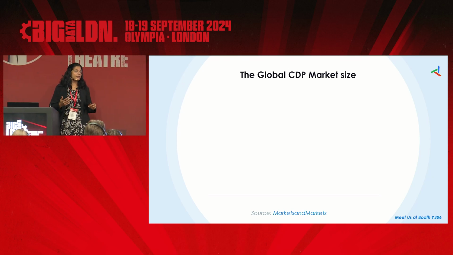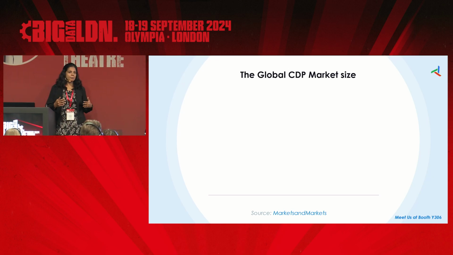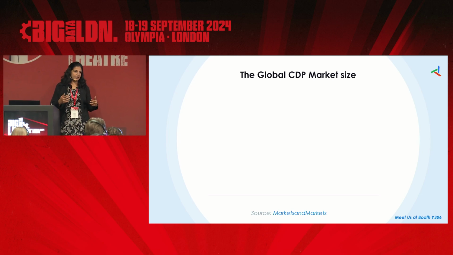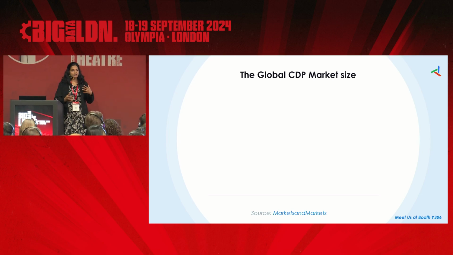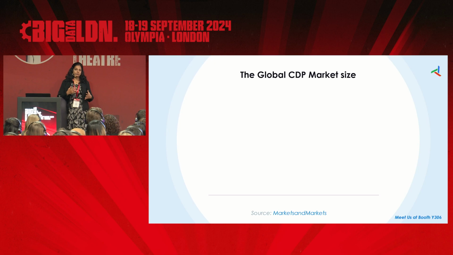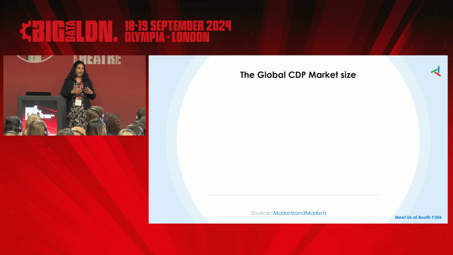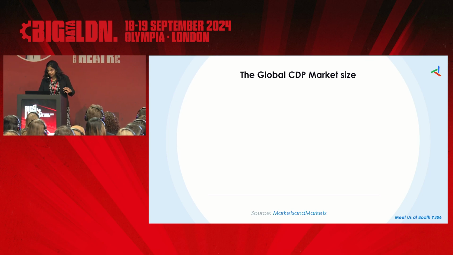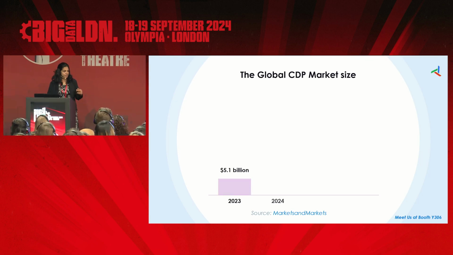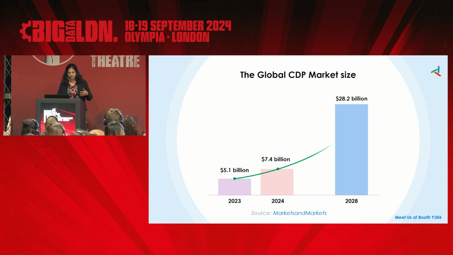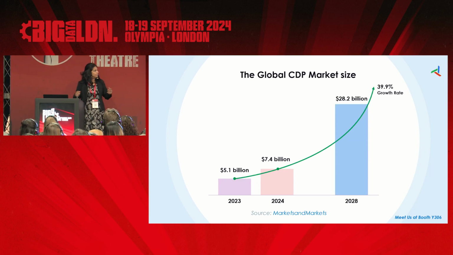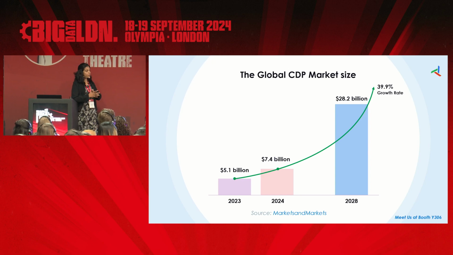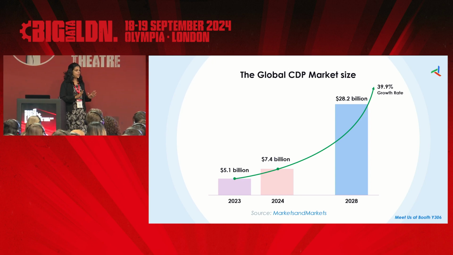What are they really doing about it? A lot of them are implementing CDPs, whether you take it out of the box, implement composable CDPs, go bundled, build your own, or use marketing clouds as your CDPs. So a lot of customers are really going after CDPs, and the market is really growing for CDPs. This is a very recent analysis by MarketsandMarkets: about a 40% growth rate through 2028, which is a phenomenal growth.